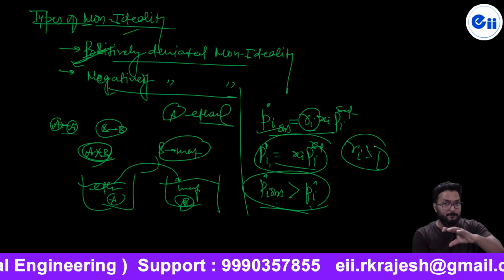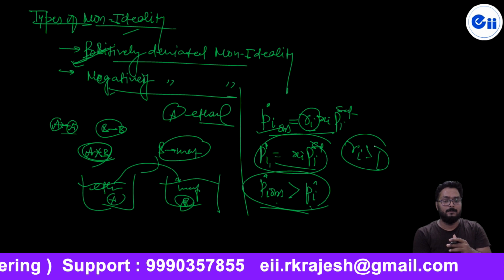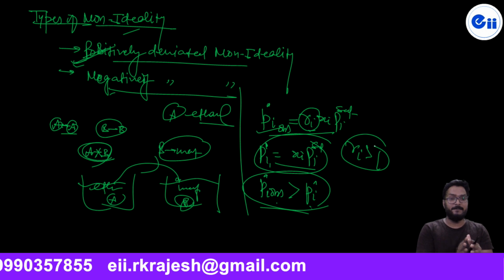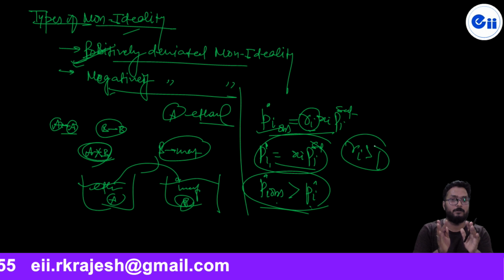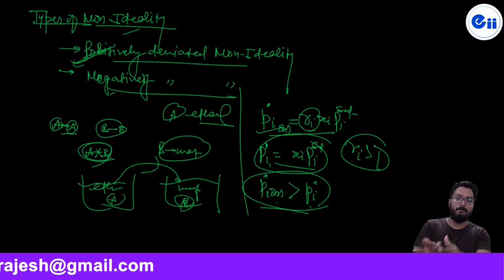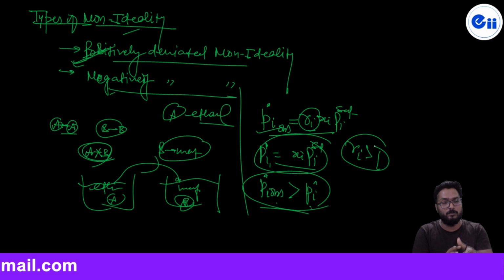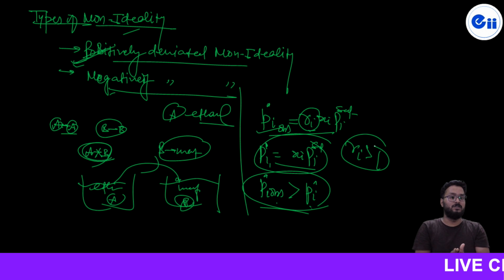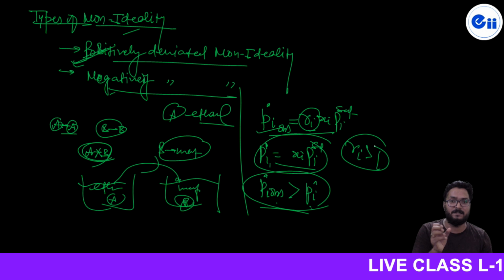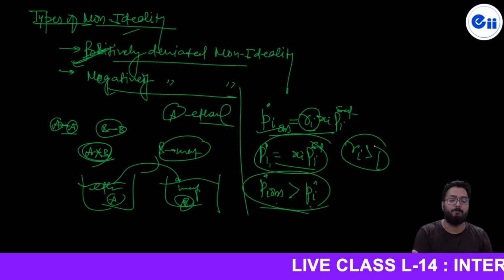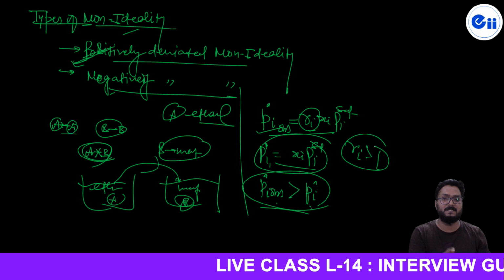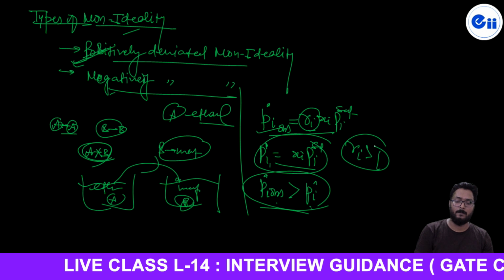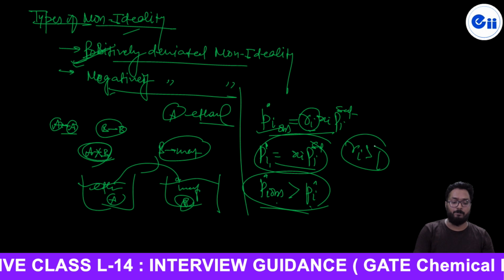And one more thing here: if it is a binary mixture, then gamma 1 and gamma 2 both should be more than 1. If the solution shows positive deviation, then obviously every species in the mixture will show positive deviation. It can never happen that one component shows positive and the other shows negative deviation in the same mixture. It means gamma will be more than 1 for every species constituting the mixture. So that is called positive deviation from ideality.